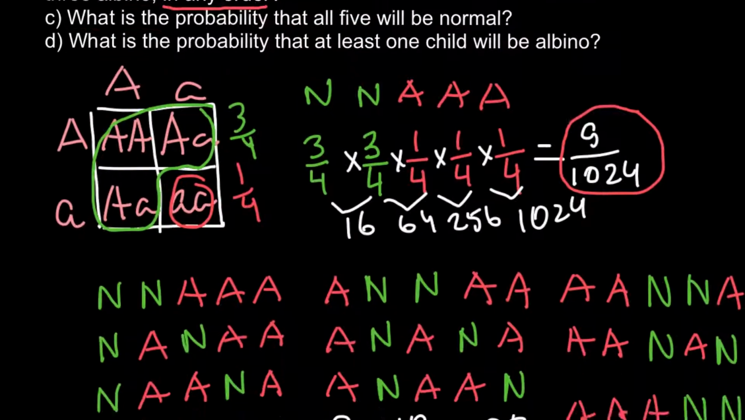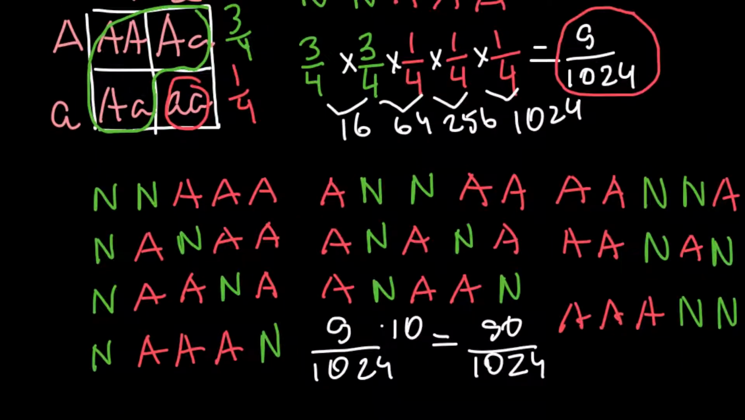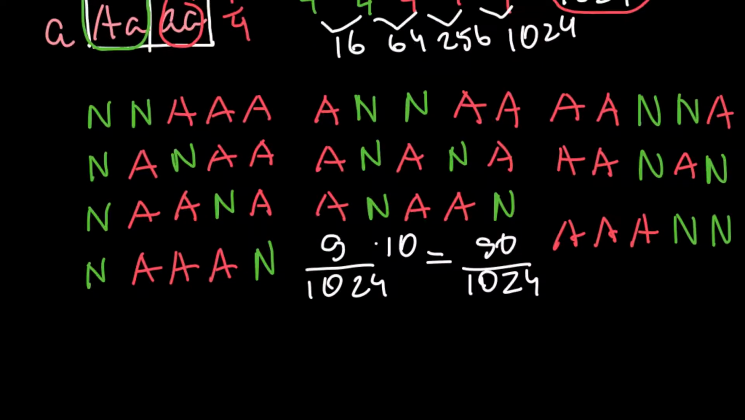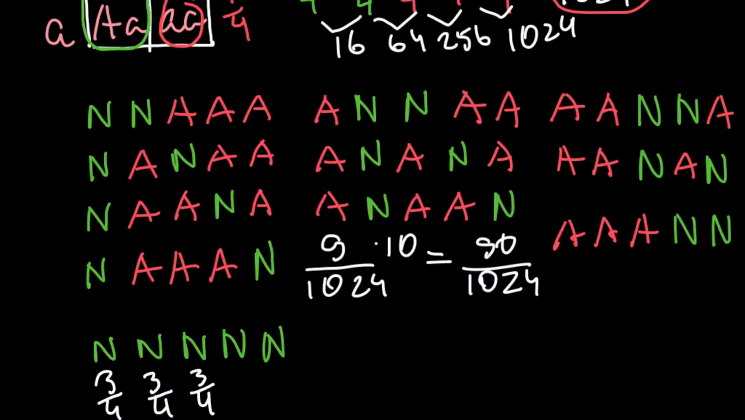And question C, what is the probability that all 5 will be normal? And this is probably the easiest question. So probability that this couple would have a normal child would be 3/4. So basically we are looking for the probability that couple would have all 5 children that is going to be phenotypically normal. And probability would be 3/4,